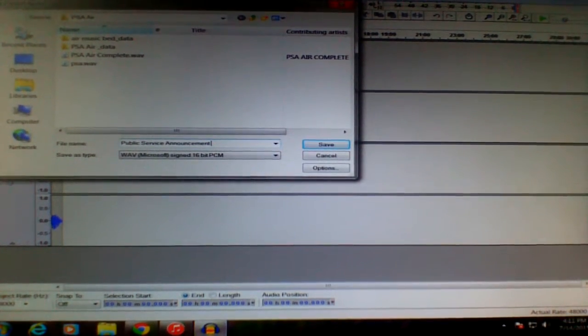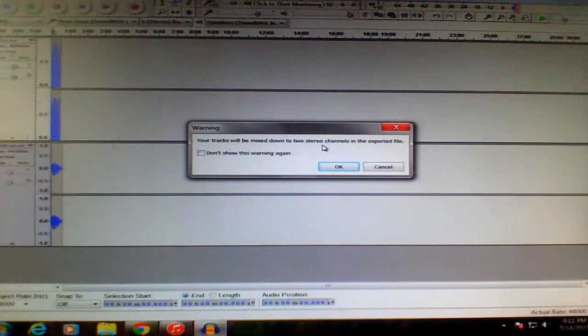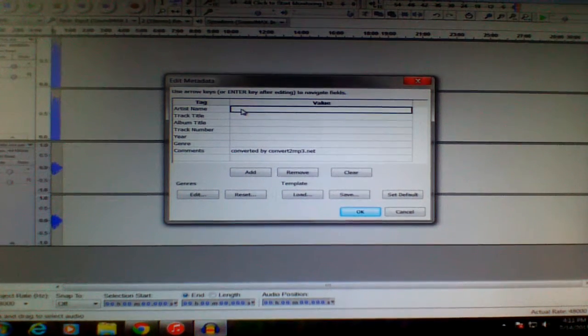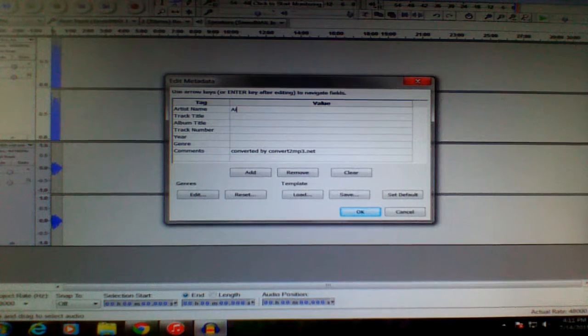And I'm going to say air. And then I'm going to click save. And it says your tracks will be mixed down to 2 stereo channels in the exported file, which is great because you want your track to be in stereo. And I'm just going to call this Air